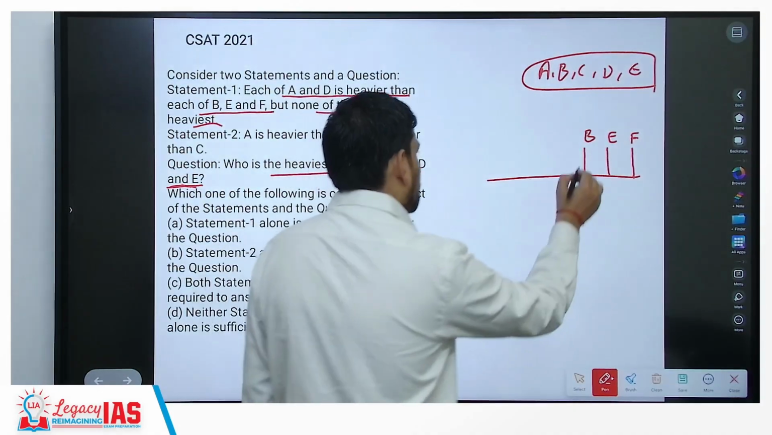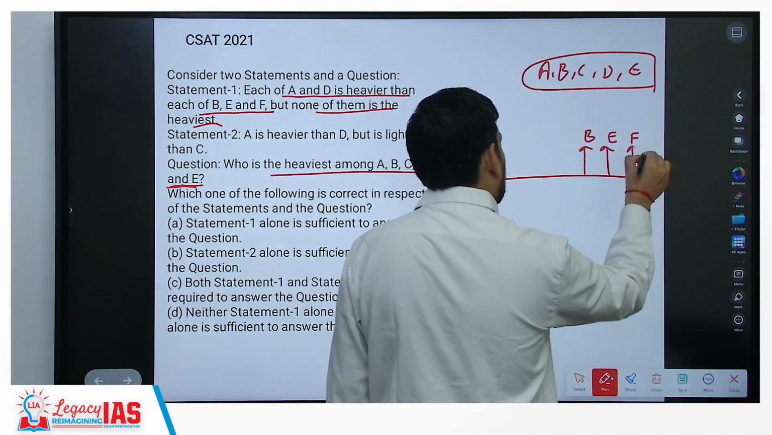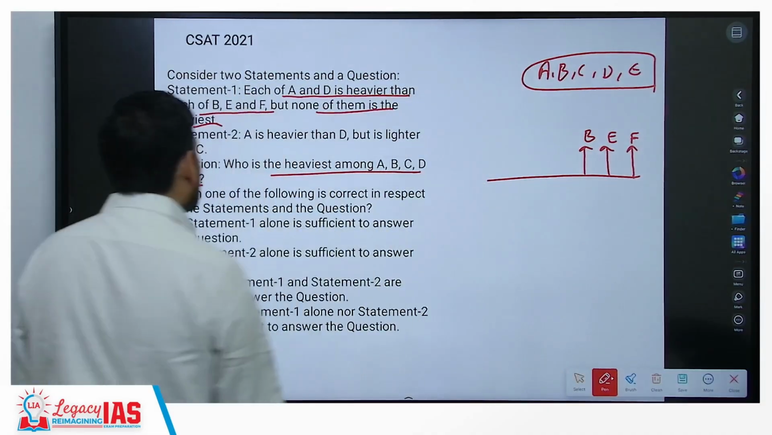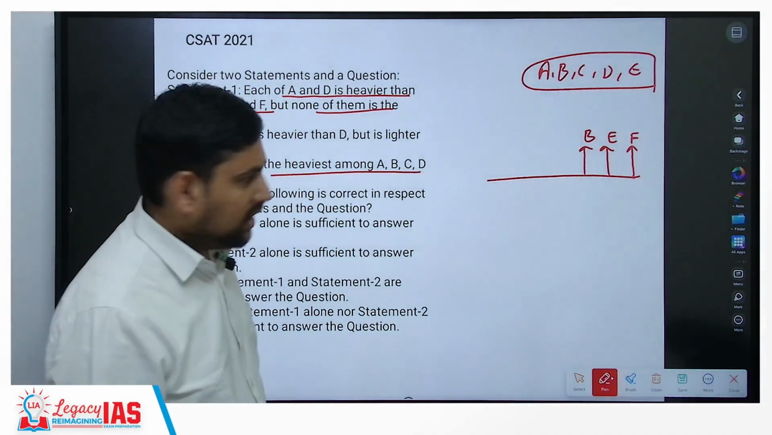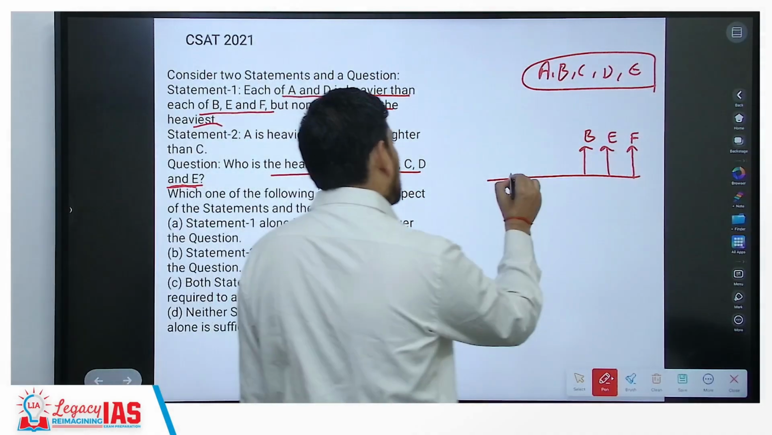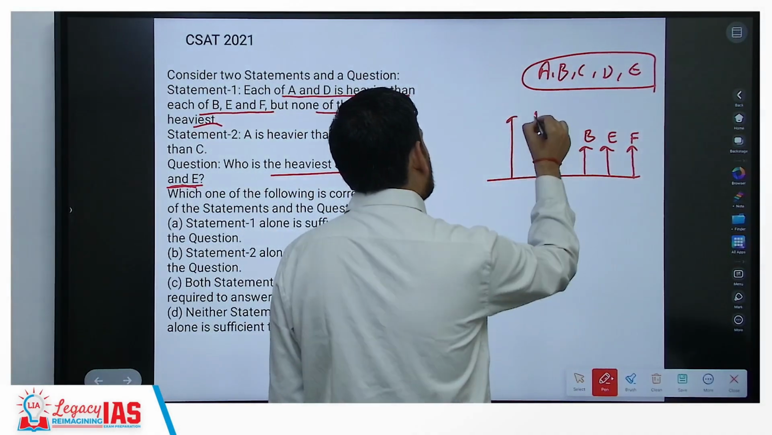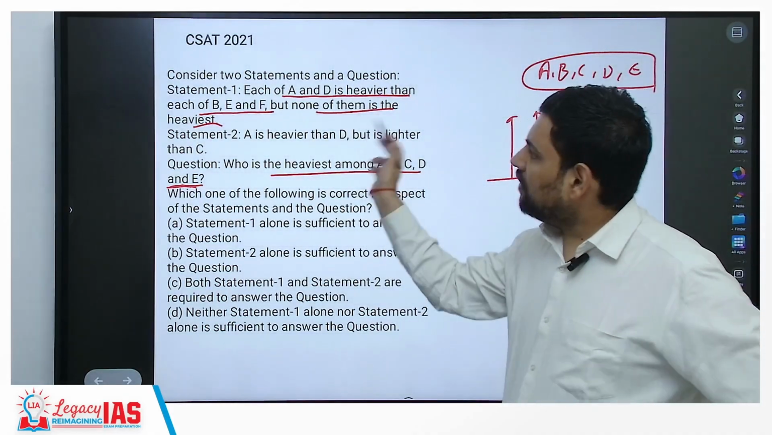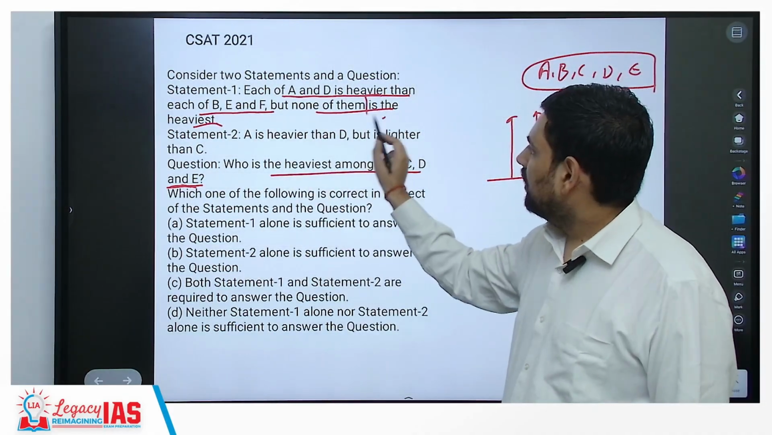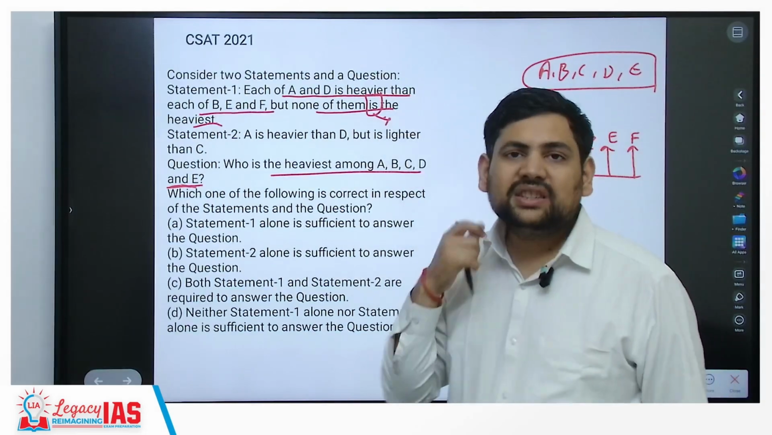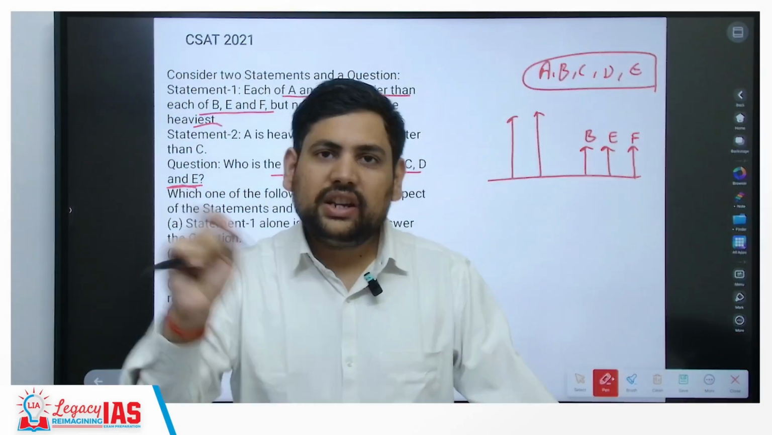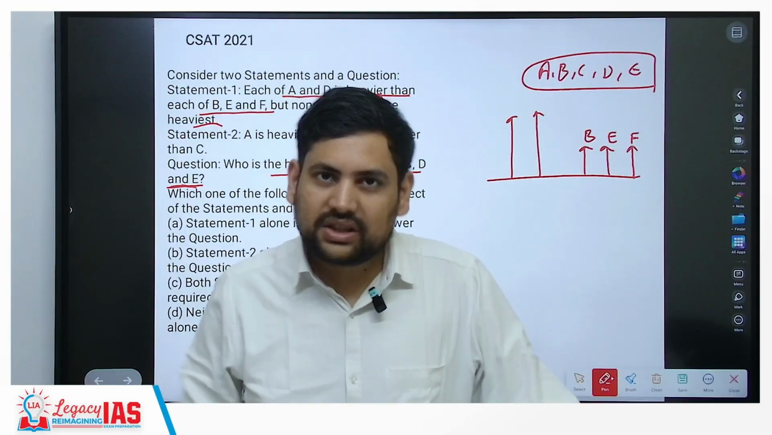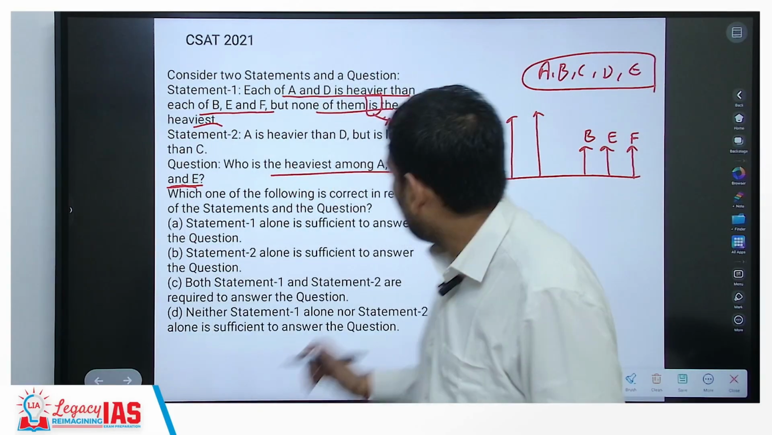Now let's say it says each of A and D is heavier than B, E, F. So A and D will be like this, correct? Now it says none of them is the heaviest. So if you go by grammar, "none is the heaviest" means there is no single winner. There is no single winner. Okay. So it may be that